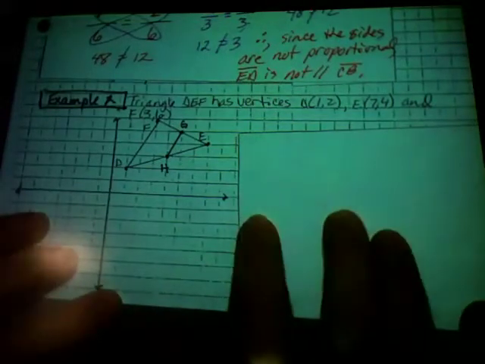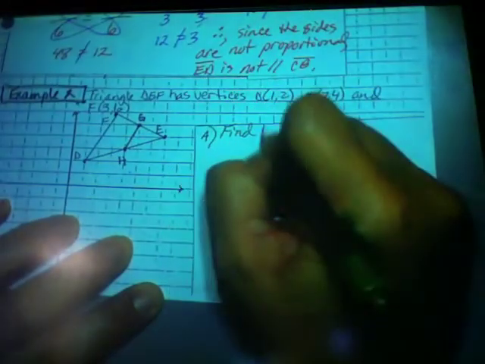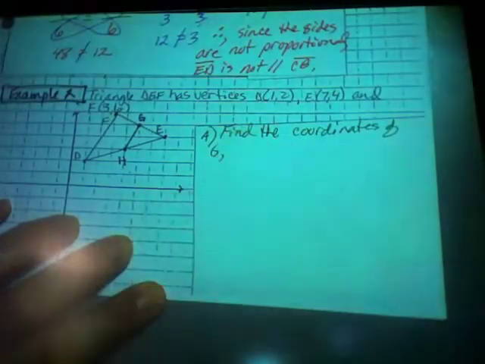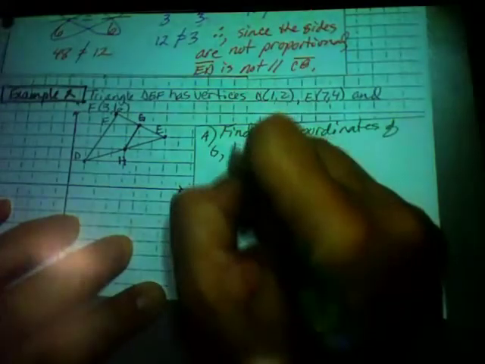I hope everything's okay. All right, so this time in example 2, we have triangle DEF, and they've given you the vertices, and I plotted them for you, did I not? Okay, so the question is, and you're going to have to write the question in. Question A, find the coordinates of G, the midpoint of DE,